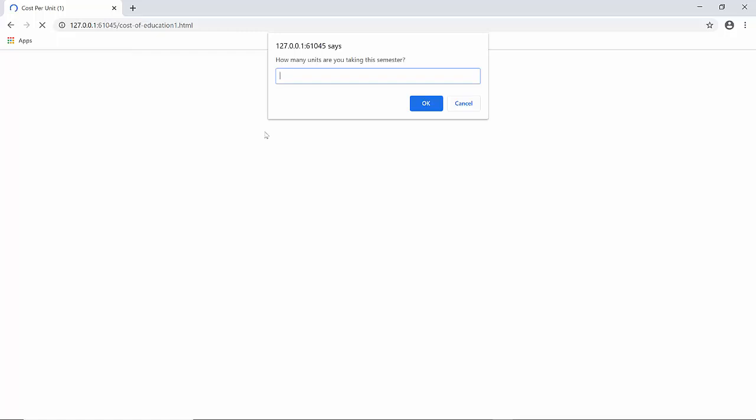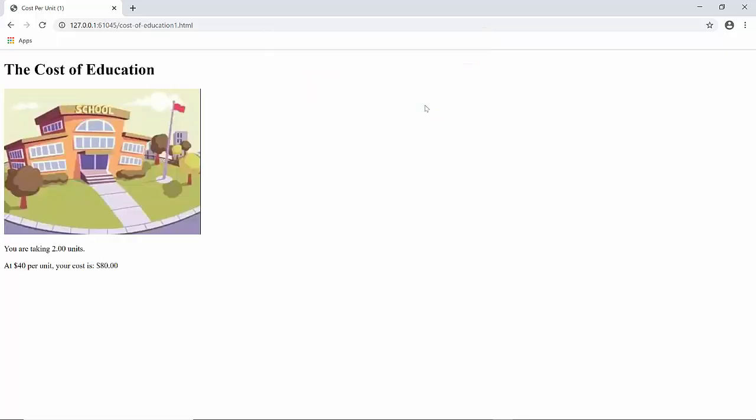Let's keep the math simple here and just enter 2. And so notice, by the way, we see nothing on the page having anything to do with headings or paragraphs or whatever at all. No images, nothing. When I OK that prompt, then the rest of the page displays, as well as the document.writes that produce the results. And so we see the cost of education heading, followed by the paragraph that includes the image, and then